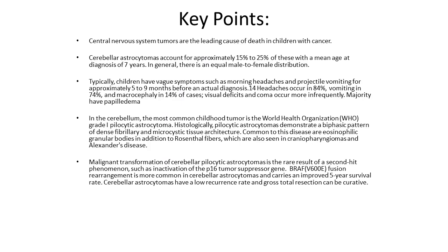Central nervous system tumors are the leading cause of death in children with cancer. Cerebellar astrocytomas account for approximately 15 to 25% of these, with a mean age at diagnosis of 7 years. In general, there is an equal male to female distribution. Typically, children have vague symptoms such as morning headaches and projectile vomiting for several months before an actual diagnosis is